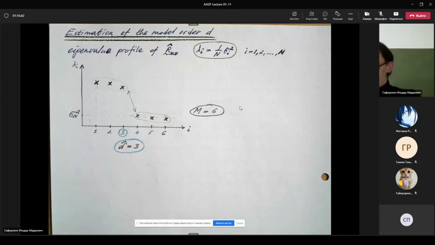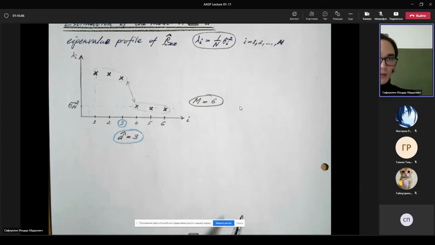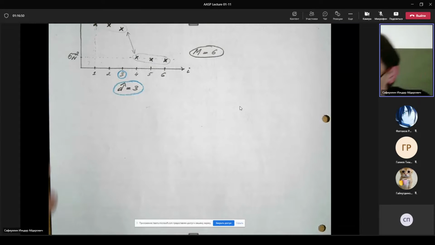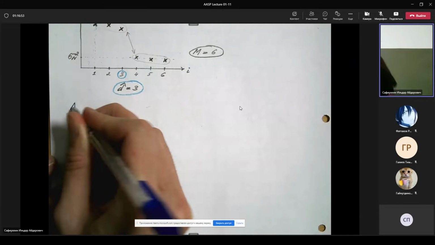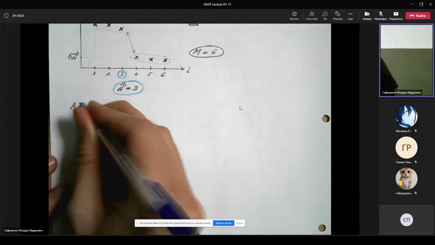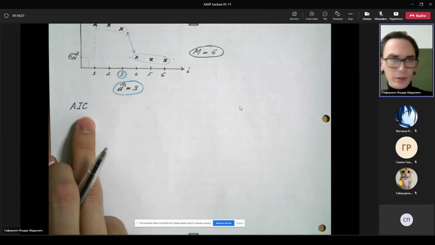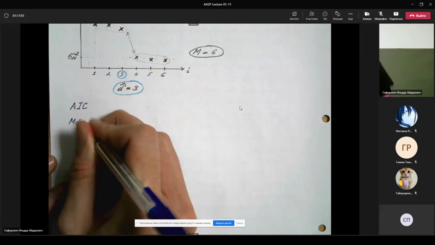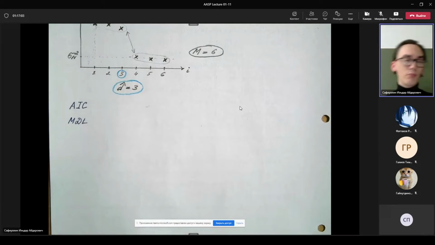So the first one, we can say, is the Akaike criterion, or as abbreviation, AIC. I think it is Akaike information criterion. Then MDL, as I remember, it is minimum description length. And these two algorithms